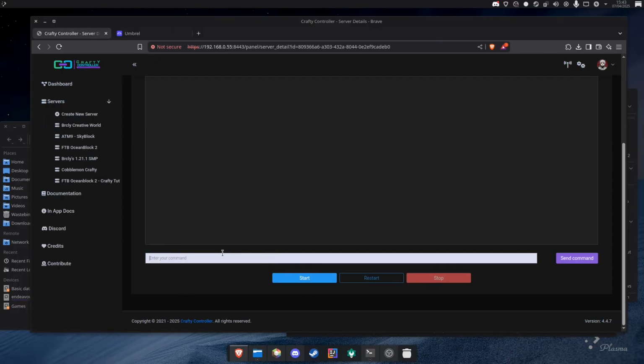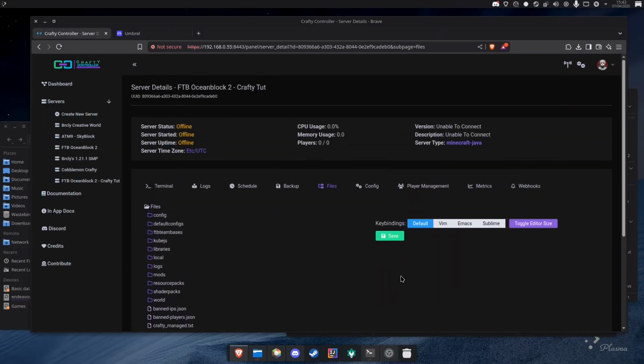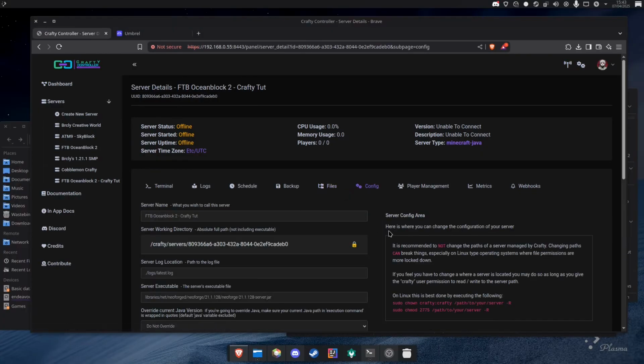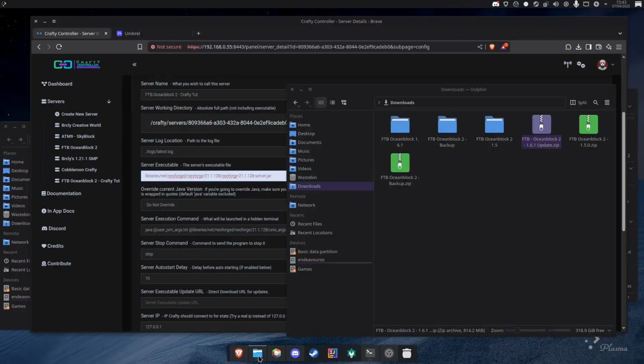So that did that fairly quick. Files, yeah, cool, all the files are there. Config, now this is where we need to make a couple of changes, mainly here and here. So the libraries, we need to point this to the new version of Forge. Now the new version of Forge